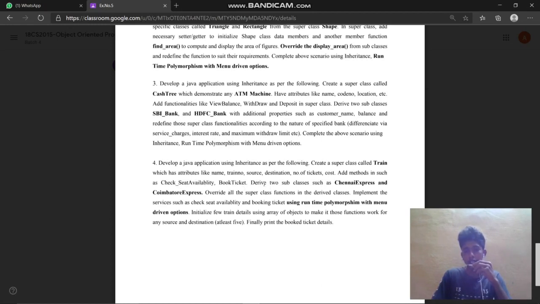Now, derive two subclasses such as Chennai Express and Coimbatore Express. We need to create two other classes which inherit the Train class. Train is the parent class of Chennai Express and Coimbatore Express. So Chennai Express and Coimbatore Express are the two classes we need to create, which inherit the properties